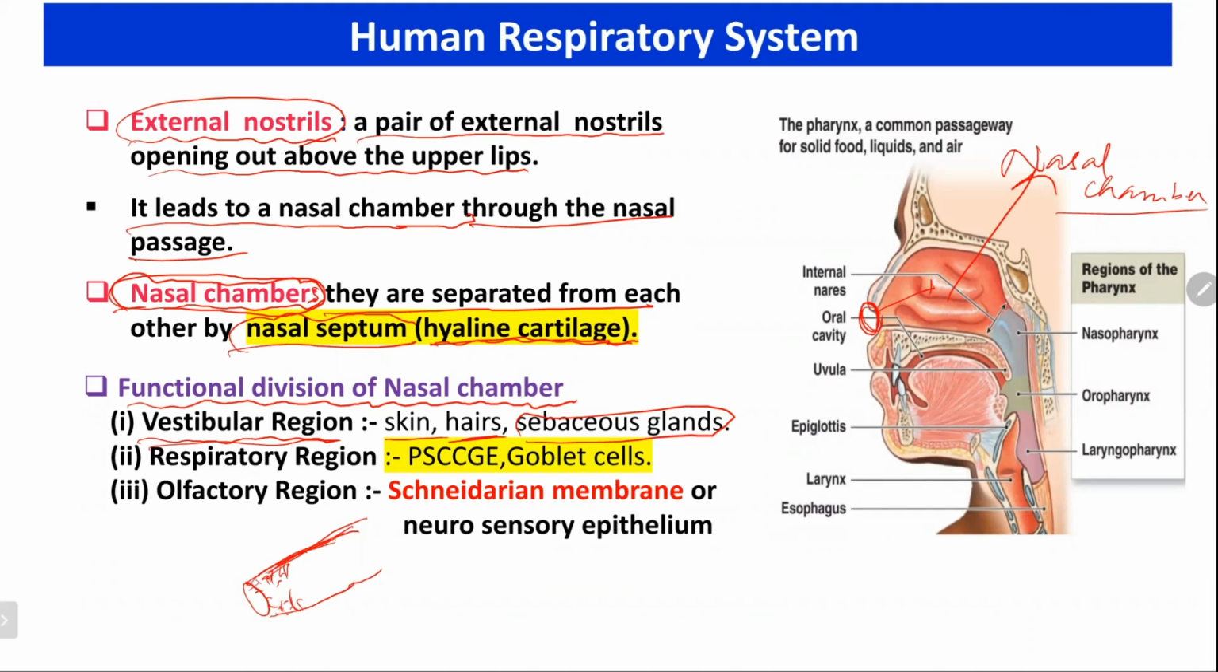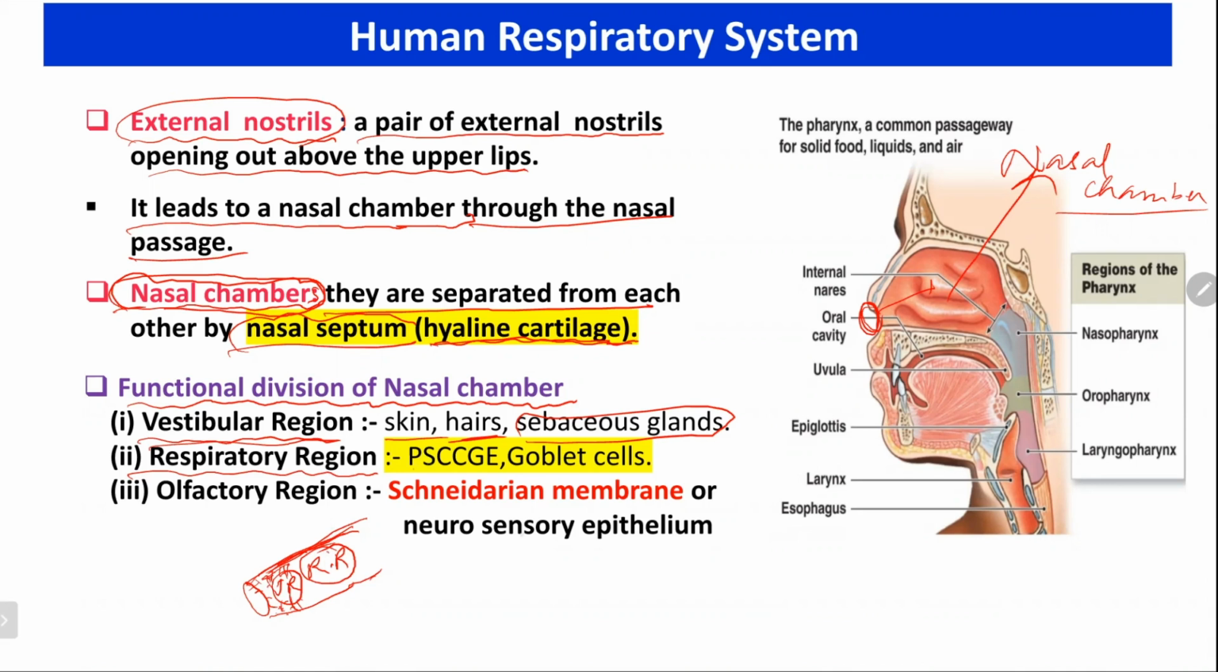The second part of the nasal chamber is the respiratory region. Here you can see the respiratory region. RR stands for respiratory region, and VR stands for vestibular region. This respiratory region is actually lined by